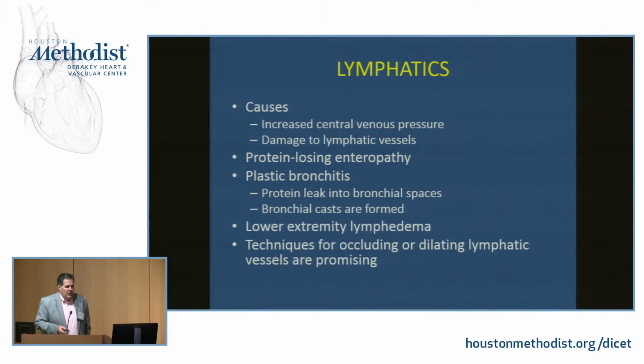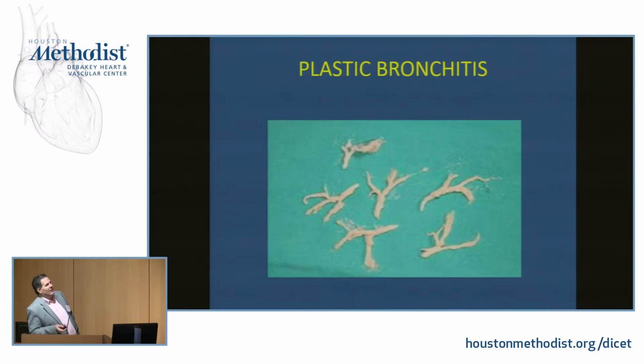There is protein leaking into the bronchial spaces, and then the patients form bronchial casts in their lungs. Lower extremity edema is a common issue with these patients, and lymphedema is part of that. There have been some recently evolving techniques for occluding or dilating lymphatic channels that are promising in addressing some of these issues. These are just some protein casts that patients have coughed up